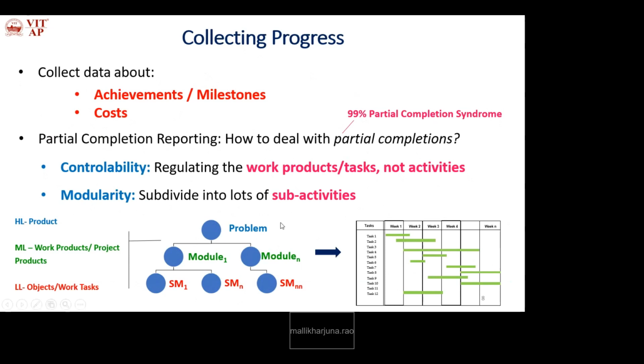So what is the use of this division? Modularity concept, the complexity of the critical activity is reduced. When the complexity is reduced, we can easily solve. Okay, so in this way we'll collect the progress of all the tasks during development, from top to bottom while planning, and bottom to top while implementing. Okay, in both cases we'll collect the progress.